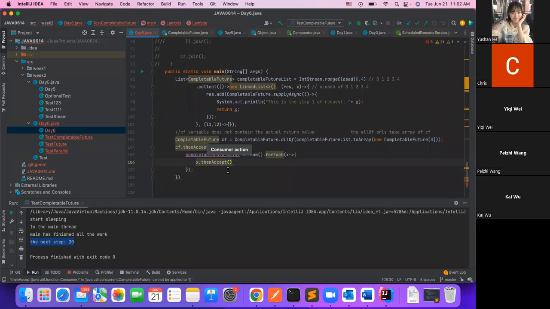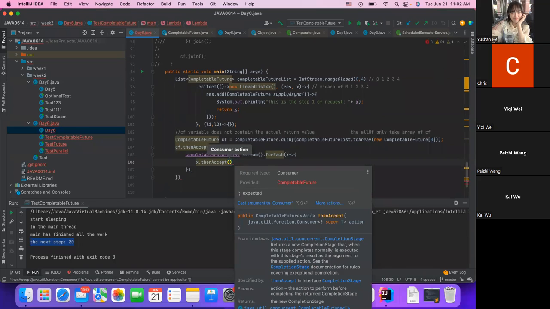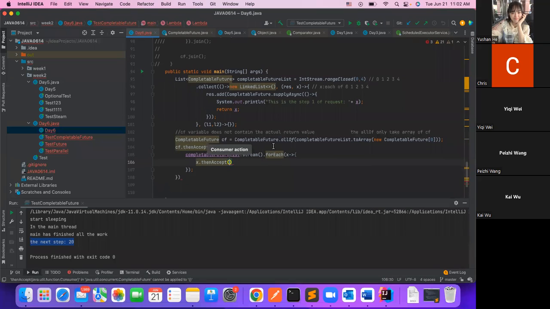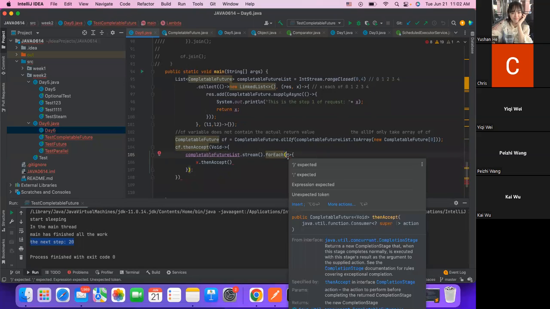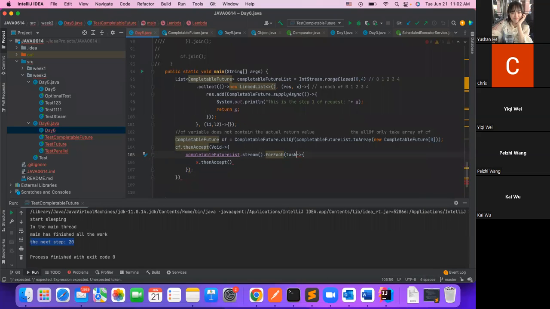And then let me change the reference name, because I want to continue working on this X. If I use the variable X here, it'll be a little bit ambiguous. So here, this is X. Although the name doesn't matter, I just want to keep it consistent for easy